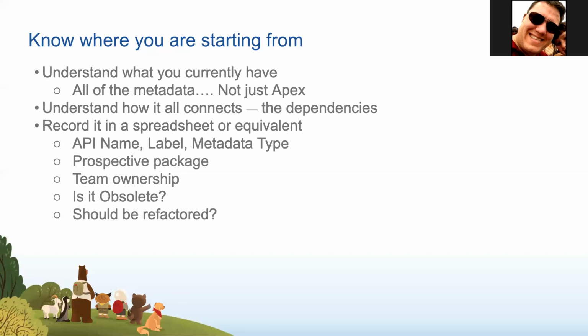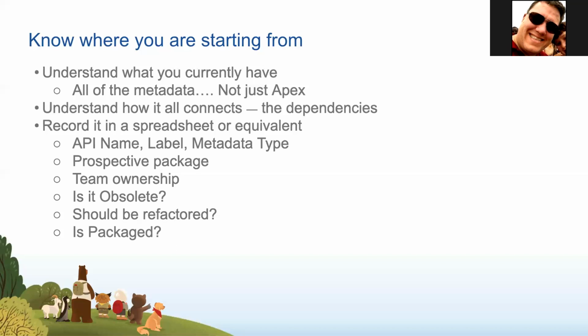What you're going to see is that this spreadsheet will take on a life of its own. It will not be a single event, but it'll be a living document. You'll use it for the entire transition of your code base into DX. You'll be tracking whether or not something becomes obsolete, whether or not something should be refactored, and even simple. I think the last one has it been packaged? Yep, there it is. So you'll need this type of document just to keep sanity about what is still left